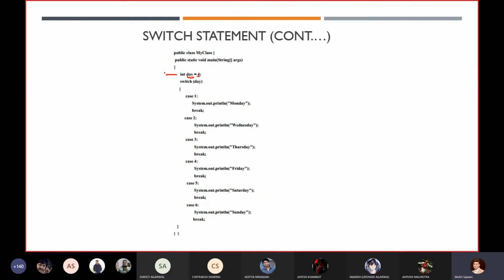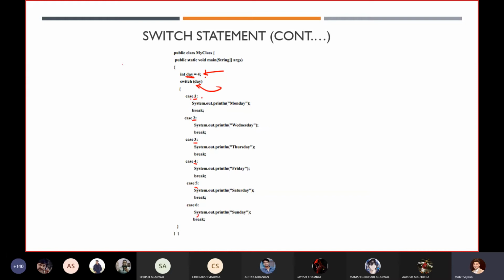Now, you already know that in the last class I introduced a new non-access modifier, that is final. We always use final whenever we want to make a variable's value constant. Right now its value is not constant, but we can use it here, no issue at all. But we cannot use this variable here in these cases.